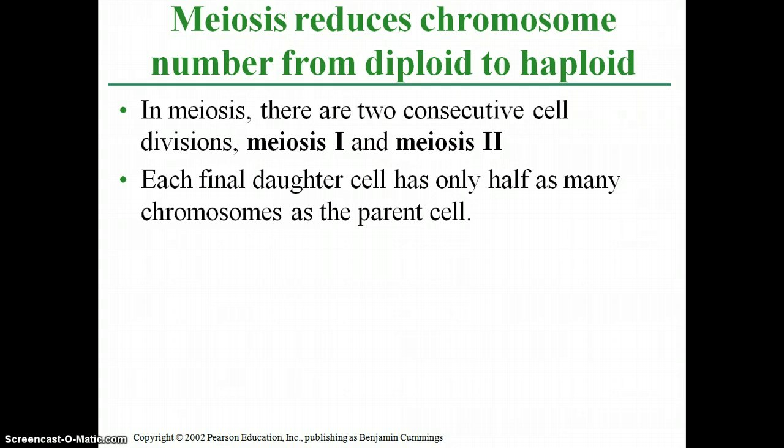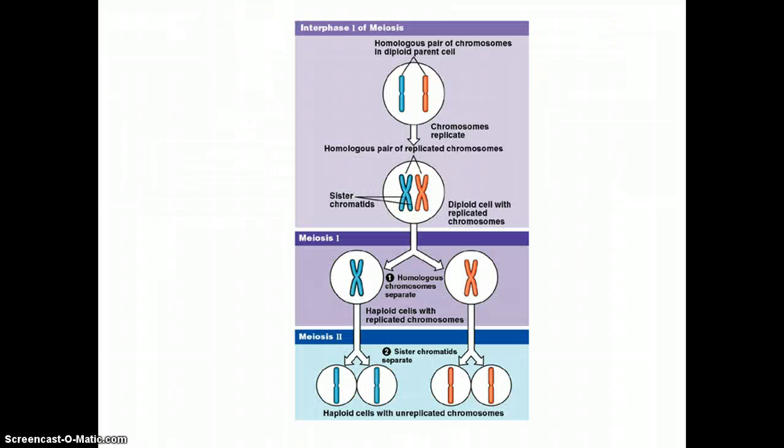So again, the whole purpose of meiosis is to reduce the chromosome number from a diploid cell to a haploid cell. So how does it work? Okay, well, the chromosomes replicate, DNA replicates just like it did for mitosis, okay, but instead of the chromosomes lining up in a straight line like they did in mitosis, they're going to line up here with their homologous chromosome. Okay, so the chromosomes actually find their homologous chromosome, pair up with them,